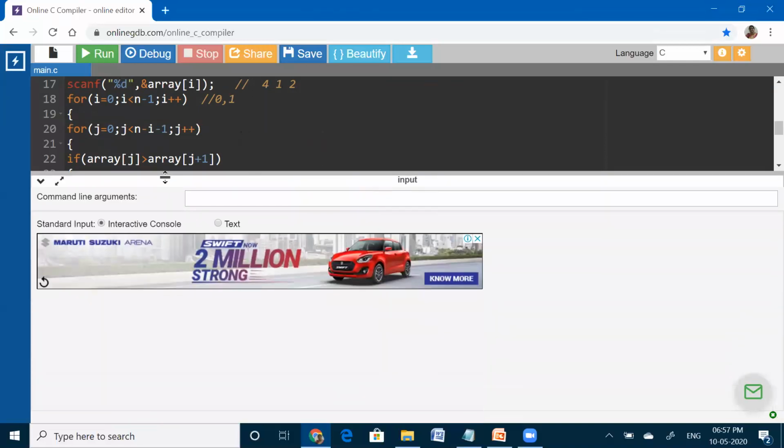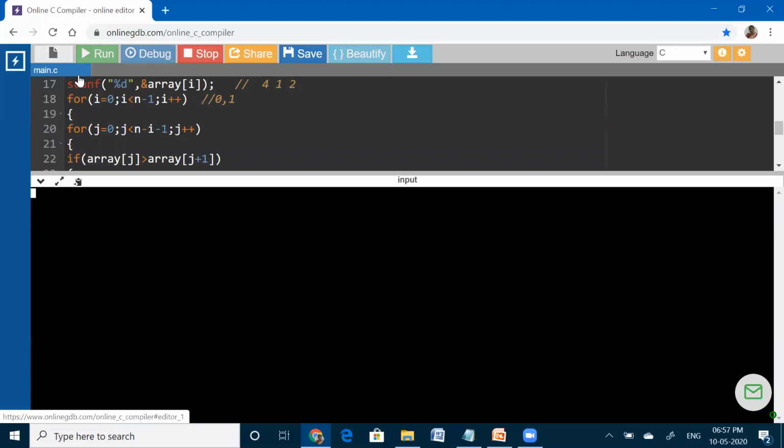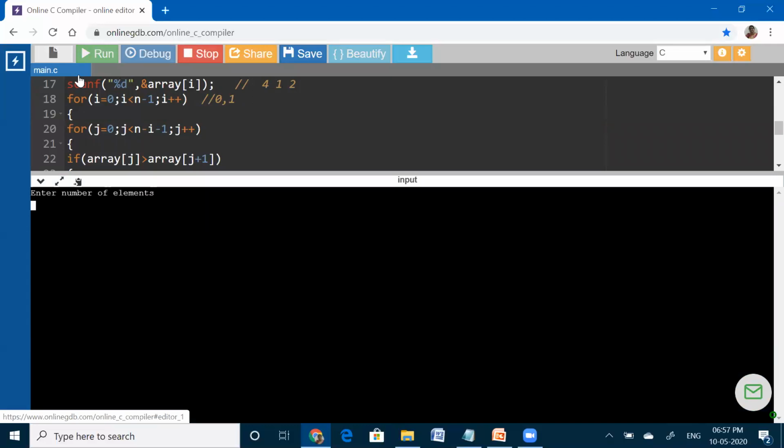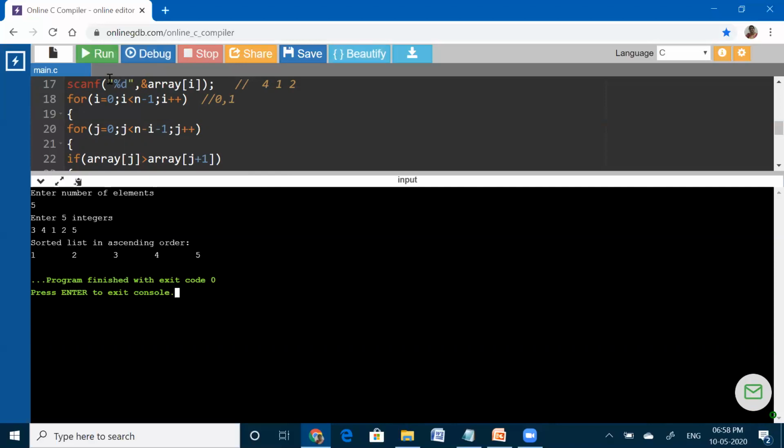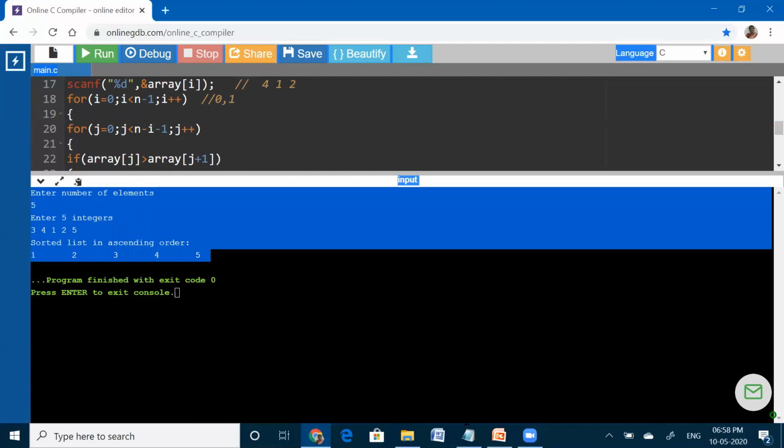Let us see the execution process for this. Just compile it. It is compiled successfully without any errors. It is asking the user to enter the size of the array. Now I want to enter the size of the array as 5 elements. Now it is asking to enter those 5 elements. See, I am entering the 5 elements: 3, 4, 1, 2, 5. Right? I am clicking on the enter button. Now this entire process will be done and the list came in sorted order: 1, 2, 3, 4, 5. Right? So this is the procedure followed in the bubble sort algorithm.